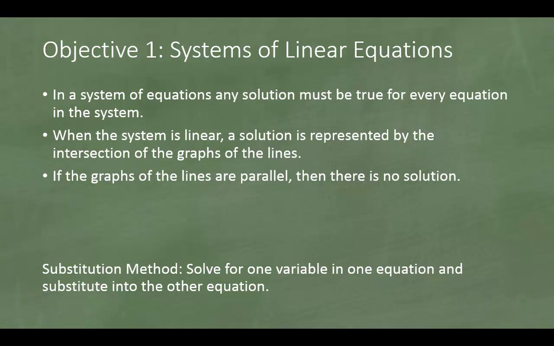Objective 1: Systems of linear equations. In a system of equations, any solution must be true for every equation in the system. When the system is linear, a solution is represented by the intersection of the graphs of the lines. Okay? So in other words, if you have a graph and you have the equation of one line and then the equation of another line, then the solution to that system is their intersection. That point, it's an x and a y value,